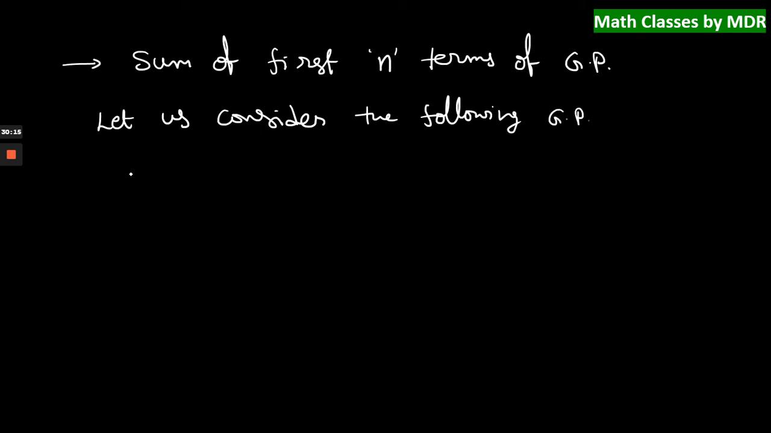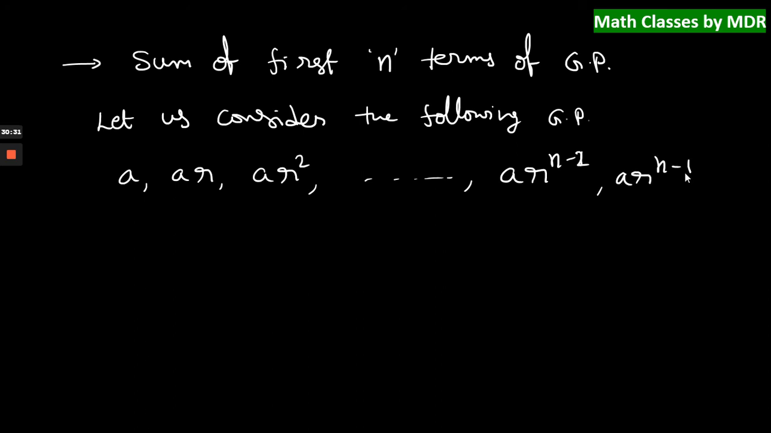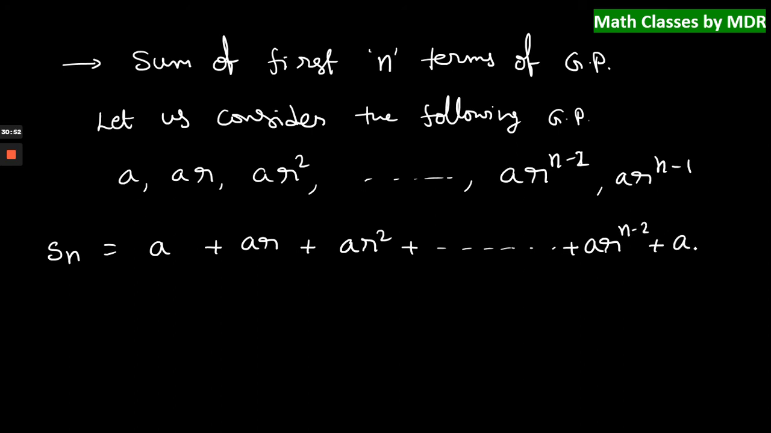Let us say that we have a, ar, ar square, and so on up to the nth term ar power n minus 1. So what is the term before the nth term? ar^(n-2), ar^(n-1), right? So what is the sum of all these terms? Let us say that the sum of n terms is Sn equals a plus ar plus ar square and so on up to ar^(n-2) plus ar^(n-1),